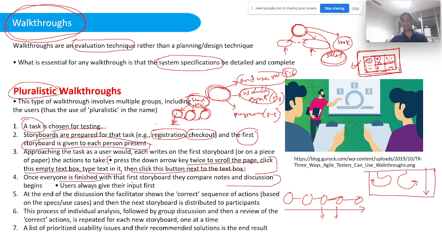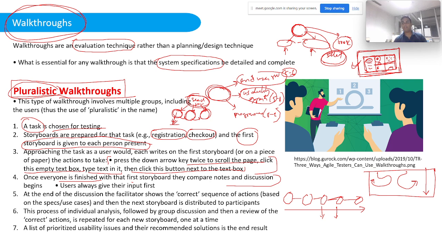Okay, so that is what is cognitive walkthroughs. Sorry, pluralistic walkthroughs, and this is what we do at the initial level of prototyping, where we make low fidelity prototypes. We try to specify the system specifications. So instead of developing a full-fledged prototype, we do cognitive walkthroughs and pluralistic walkthroughs, and we try to gather information about what should be the optimized flow of task,